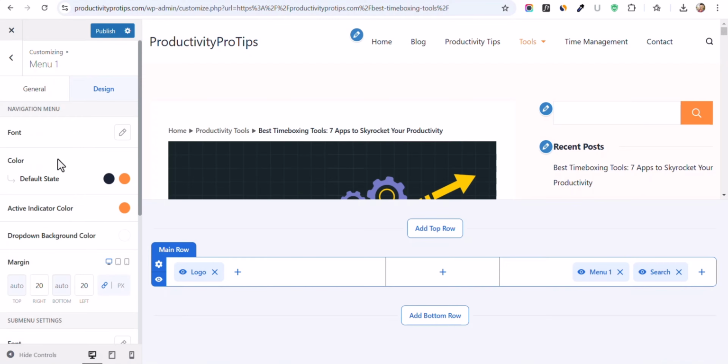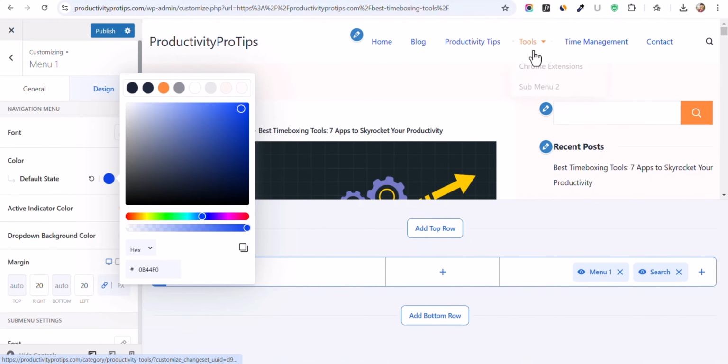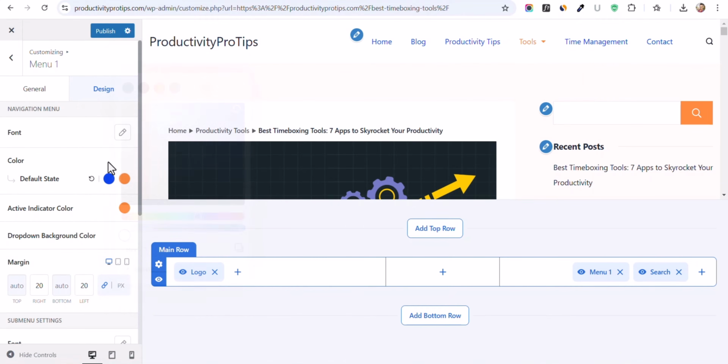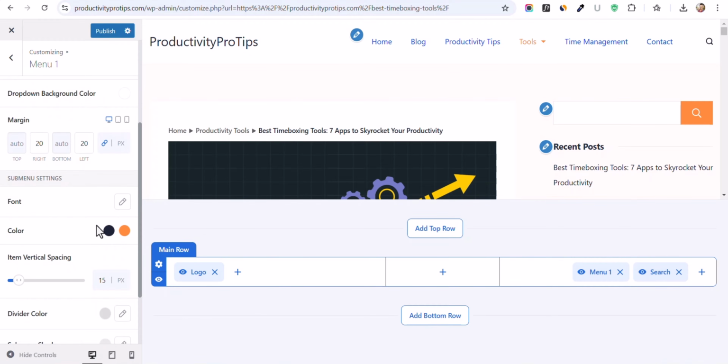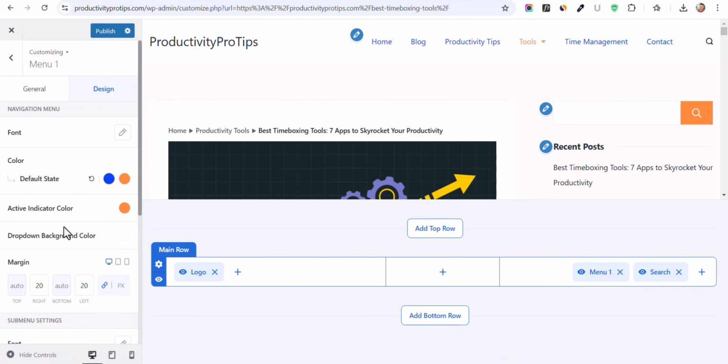Now let's go to the design tab, and you can change the font of this primary menu, and you can change the initial color. Suppose I want to set it to green, or blue, it will show a blue color like this. And you can change the hover color here, and you can change the active indicator color. So you have all the options, and you can also change the sub menu settings. When you open a sub menu, you can change the color of the sub menu individually as well. And you can change the item vertical spacing, divider color, sub menu color and everything. So let's go back here,